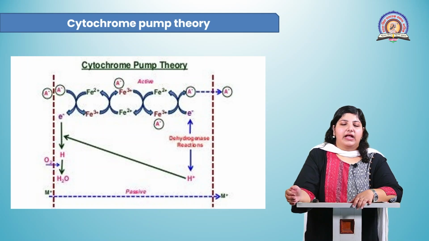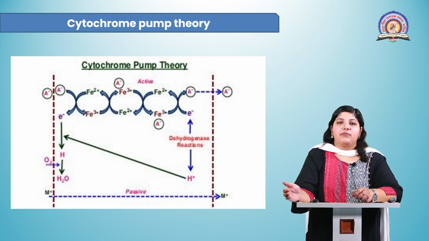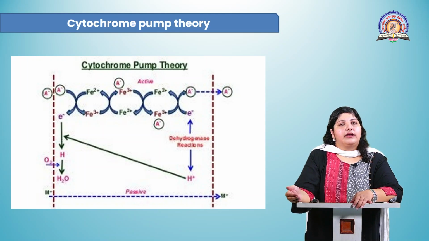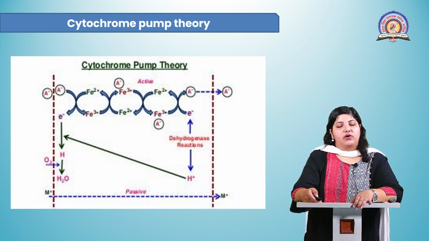So that is why, as we had seen in some of the assumptions before, the absorption of cation and anion are completely different and independent of each other. The anions are absorbed by the cytochrome pump, and the cations are absorbed by passive diffusion. So these are the theories, or the mechanisms, by which ions are absorbed by